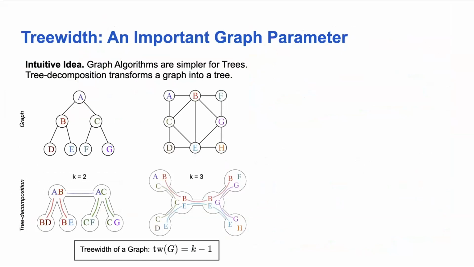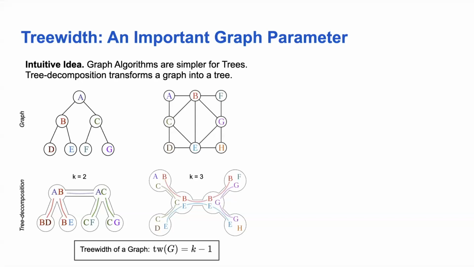And tree width of a graph is basically, the way to explain it is, if your graph was a tree, a lot of algorithms are very easy, you get polynomial time complexity. If you want to find the shortest path, or even do graph isomorphism or inference on graphs, it's polynomial time in complexity. But for general graphs, that is not the case. So a graph decomposition is a way to push the graph to be like a tree. So here on the second graph, we mold it so that it becomes a tree. And in the process of molding it, we make nodes that are close to one another,